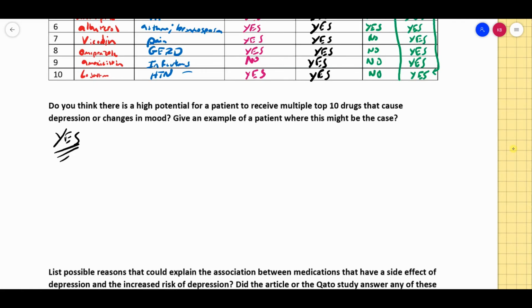So you could have given me a plethora of examples. You could have given me elderly people who are on multiple polypharmacy medications. Here I'm going to give you an example of a patient that has metabolic syndrome. So let's review metabolic syndrome. I'm pretty sure that you've had it, but perhaps you haven't. So metabolic syndrome is a constellation of metabolic symptoms that include pre or full states of